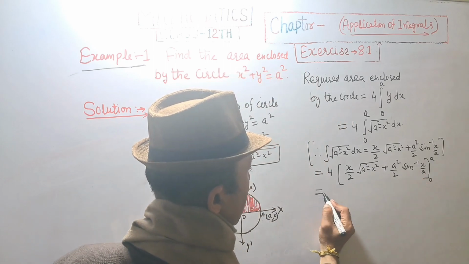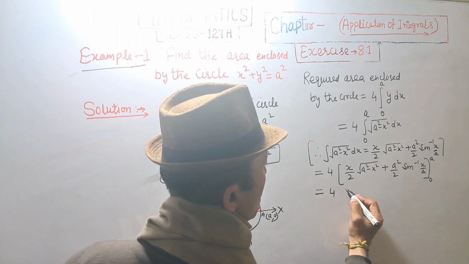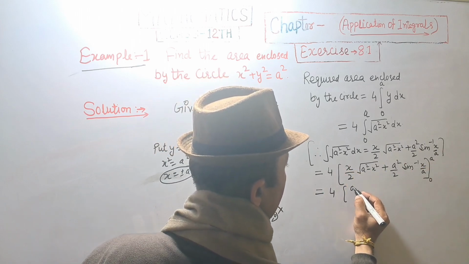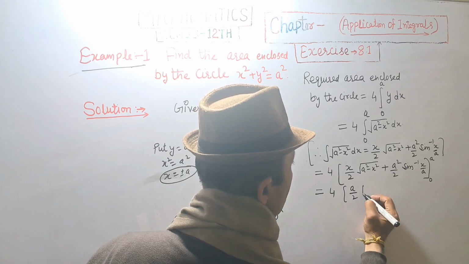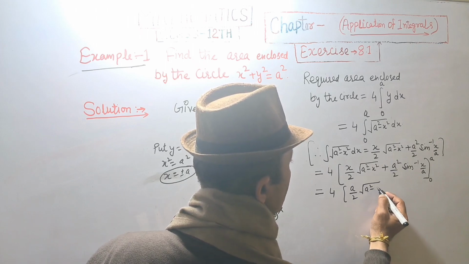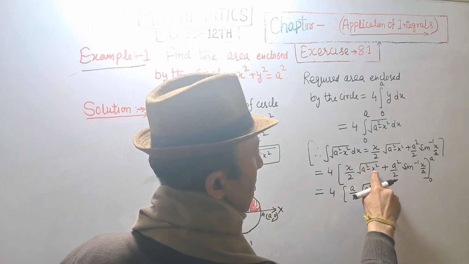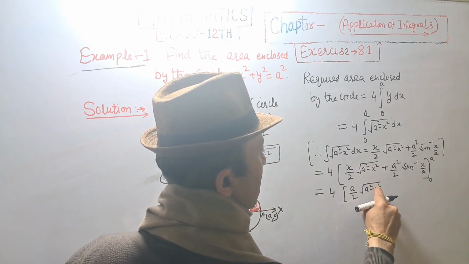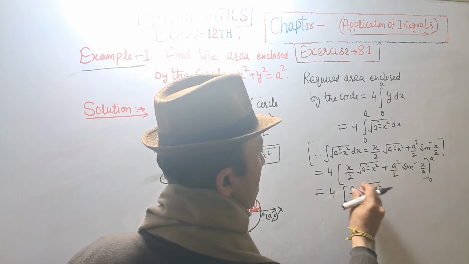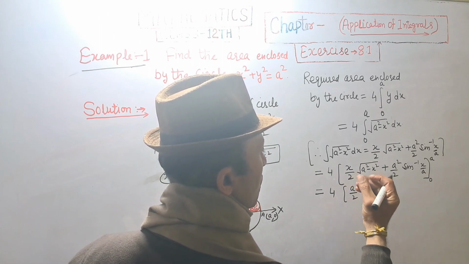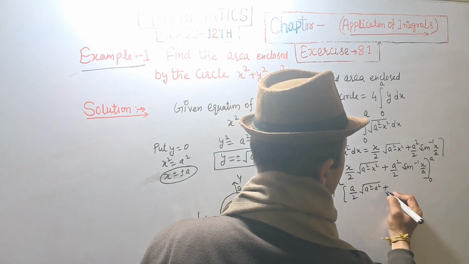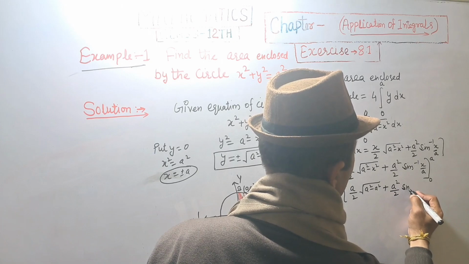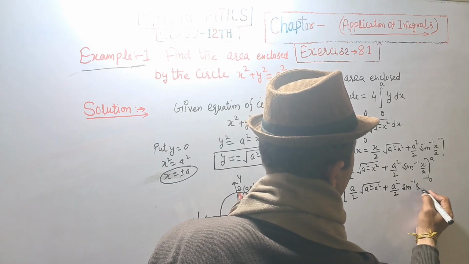That is equal to 4 into, we are putting upper limit, that is a upon 2 under root of a square minus a square. We are putting x as a, so root a square minus a square will be 0. 0 multiplying a upon 2 will be 0, plus a square divided by 2 into sine inverse a upon a,